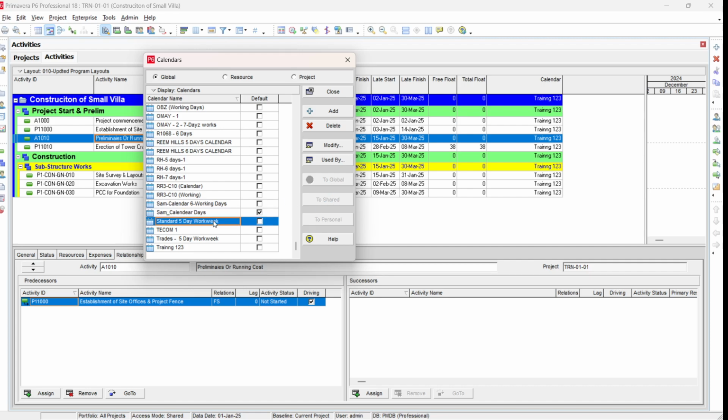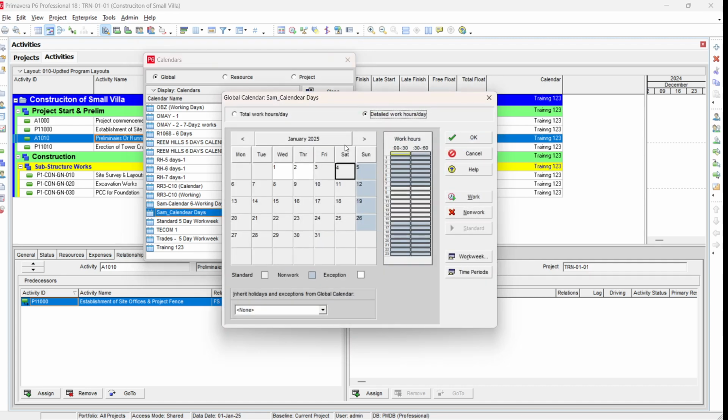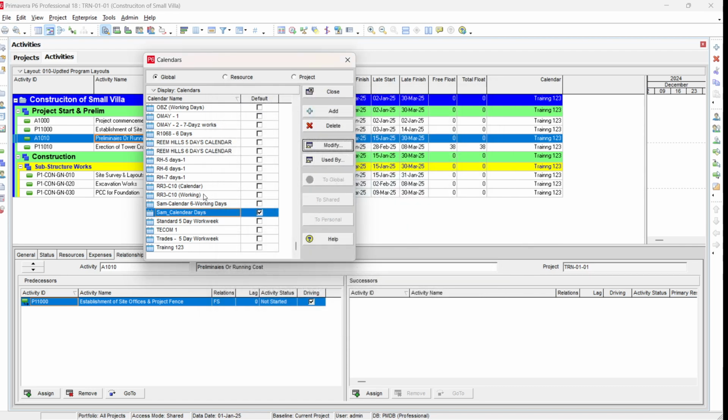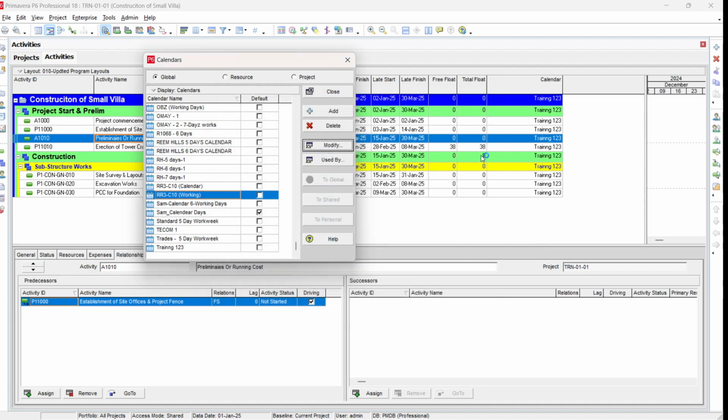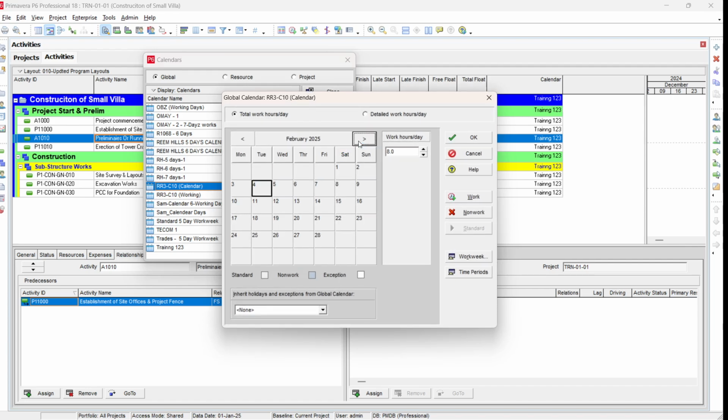For example, this RR3 C10. If you click this one and go modify, you can see this calendar, RR3 C10 calendar. So here we have same calendar days. If you go to RR3 C10 calendar and just go to modify, you can find here that we don't have